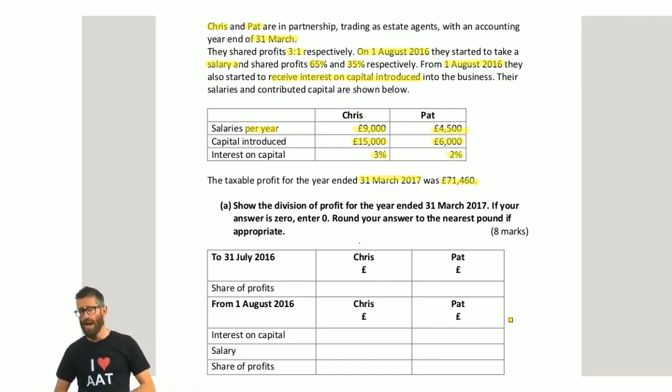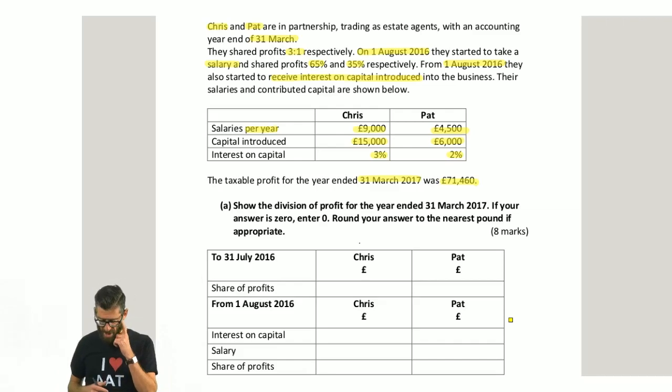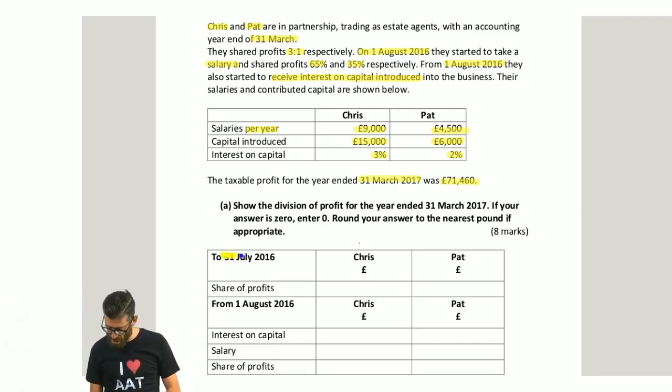But of course, that wasn't consistent throughout the whole 12-month period. Up until the 1st of August 2016, there was a simple arrangement of 3-to-1, and then after that date, there was a more complex arrangement. So we're going to have to take great care. We can see we've got to the 31st of July, share of profits for Chris and for Pat, and then from the 1st of August, and let's go red, to the 31st of March